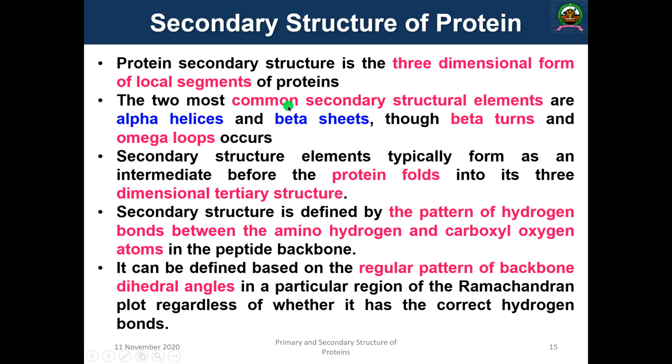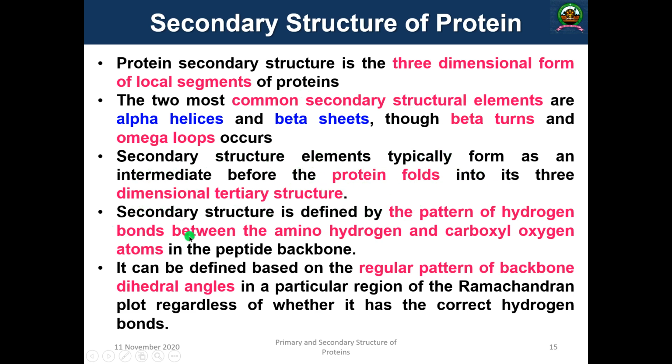Okay, the two most common secondary structure elements are alpha helices and beta sheets, and some super secondary structures called beta turns and omega loops. These are super secondary, and these are regular secondary structures. Okay, the secondary structure elements typically form as an intermediate before the protein folds into its three-dimensional tertiary structure. Okay, so this will form a particular protein fold, and that will give you the